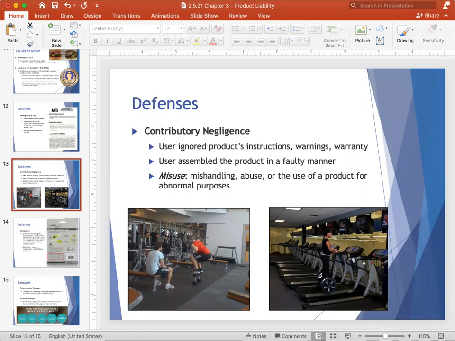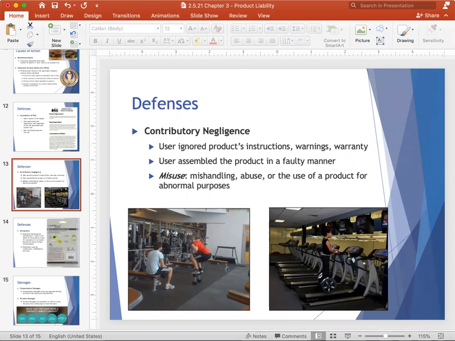And then misuse also kind of wraps into contributory negligence, because if the consumer misuses the product, so that means that the product is not used for its intended purpose, what was envisioned by the designer and the manufacturer when they created that product. Well, in that case, that may bar recovery from the plaintiff. So if the plaintiff mishandles it, abuses it, uses it for really abnormal purposes, in this case, that can be a really great defense for the designer and the manufacturer, particularly if the manufacturer in their marketing,